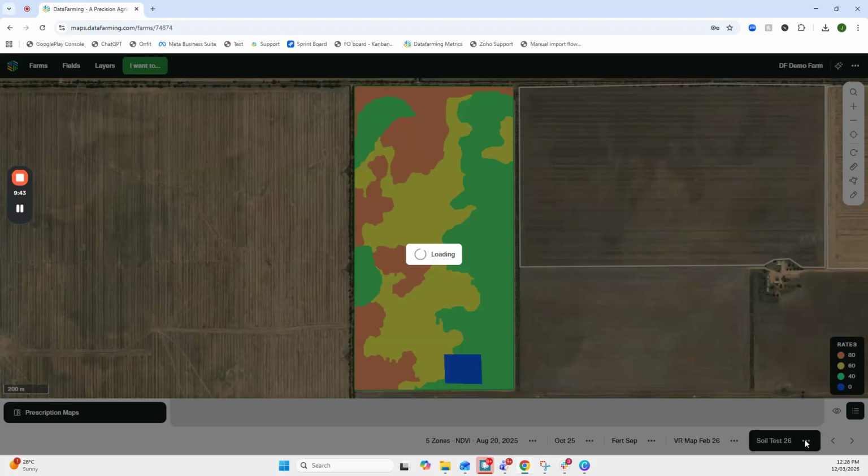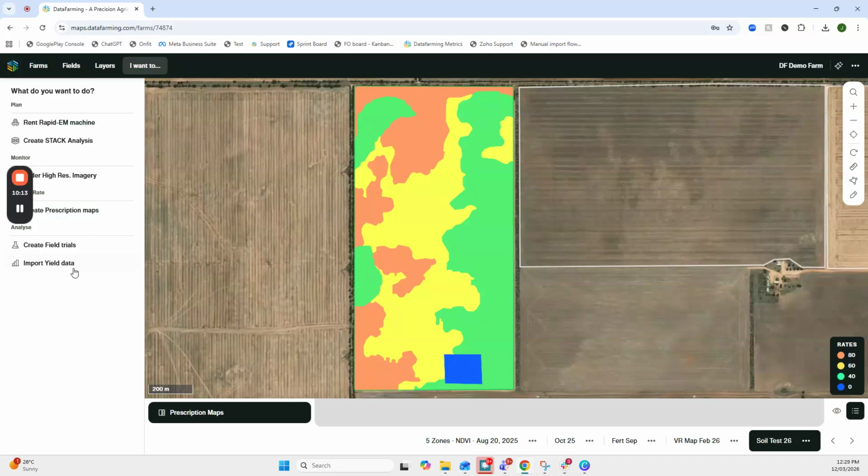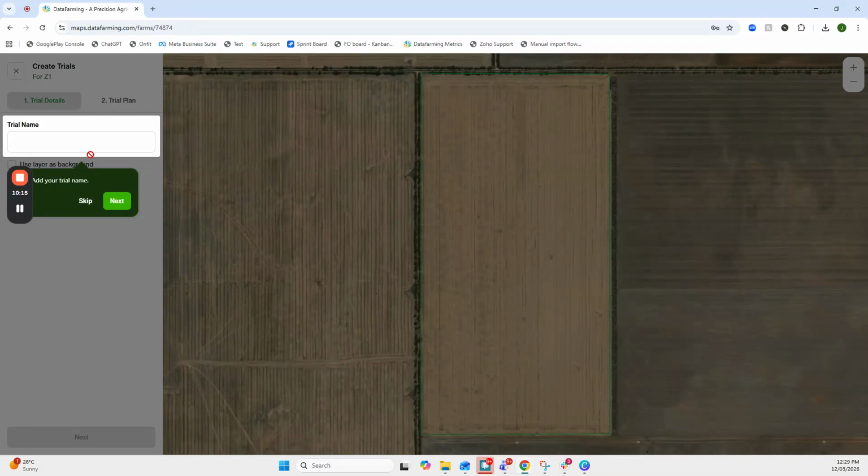But again, with Pro, you can create unlimited of these, so you can set up a whole range of different options for your VR maps for your fields for the season. So if I hit edit, it'll come back in to the previous screen and allow me to adjust the rates, but otherwise I can export this out and start using it. The other option you have under Pro is creating field trials. So if I hit I want to create a field trial,